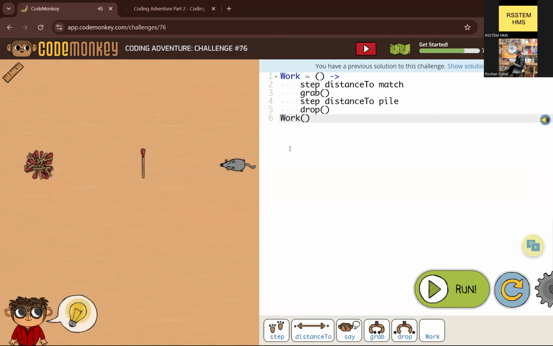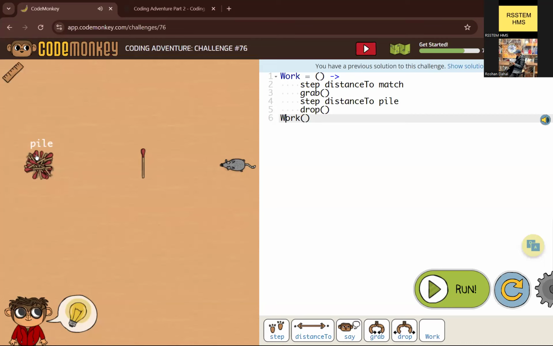This example is for learning, and in actual coding you will write functions for things like rat going to collect the match and piling it up. As we progress you will see just how much we have to write functions.